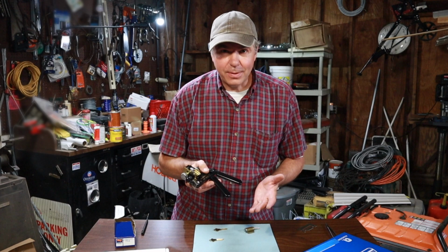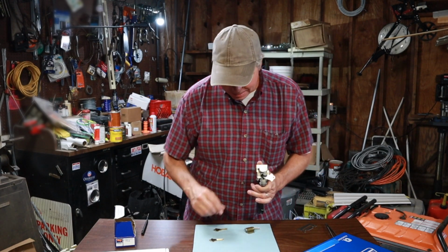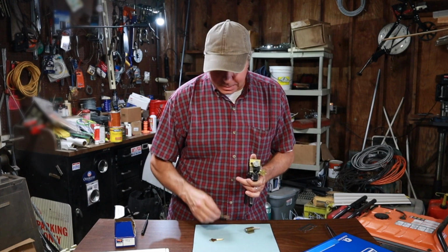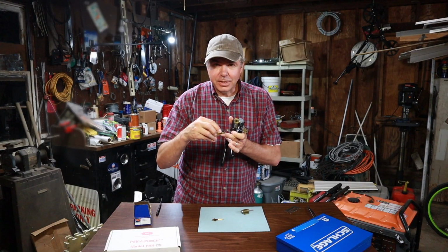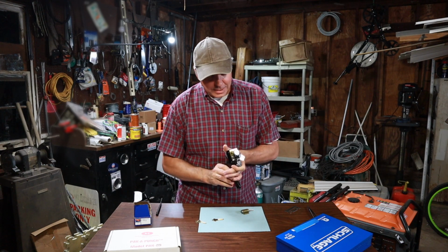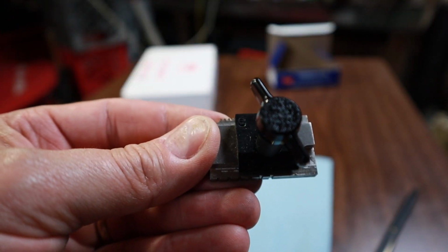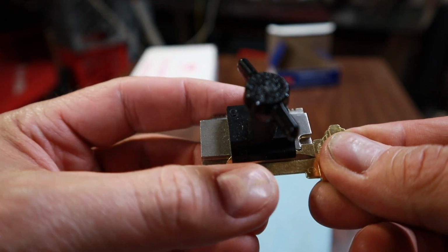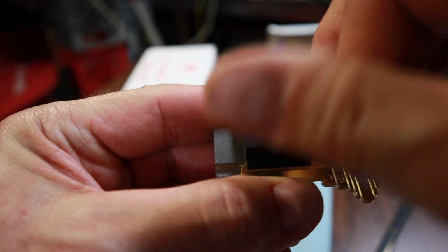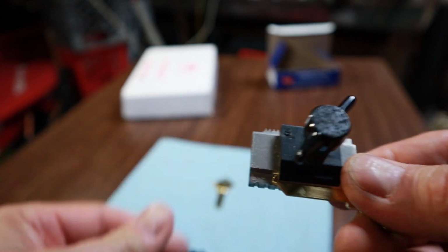So how does this Pak A Punch work? Well, it has a die built into it, and the die cuts out a little piece of the brass key for each one of these notches. It's a great design. I'm going to show you a close-up of how it works. So the tool includes an anvil, or a holder, that holds a key blank. You slide the key in and you lock it into place. And then this sliding anvil